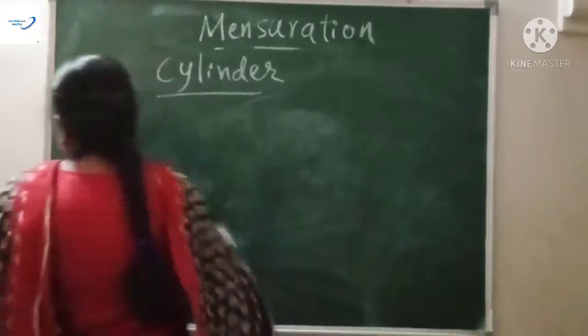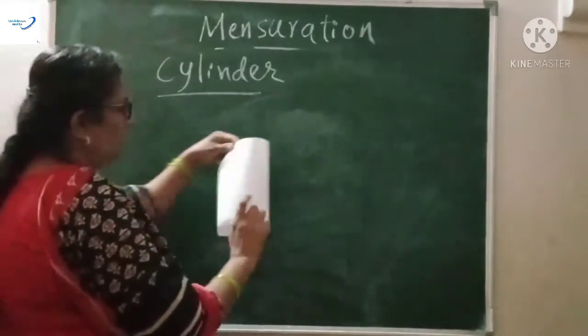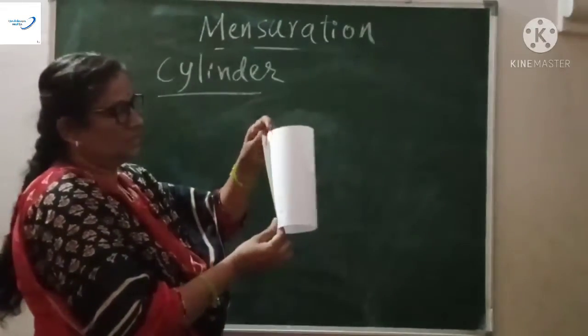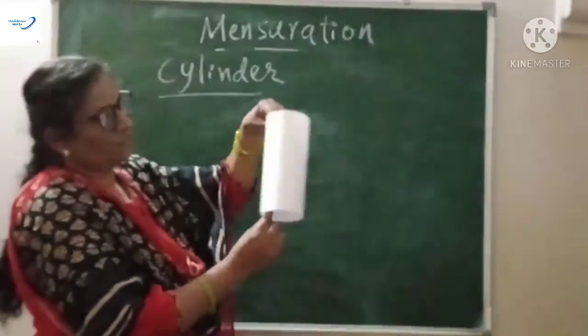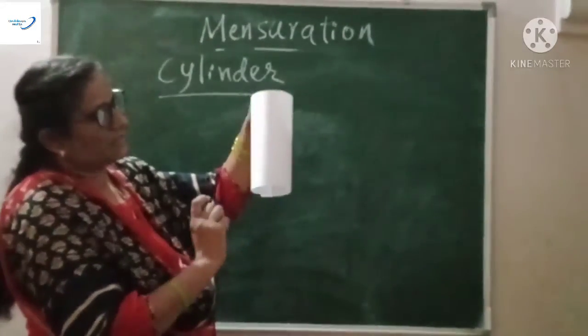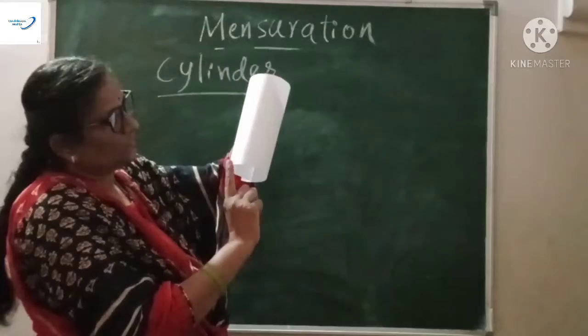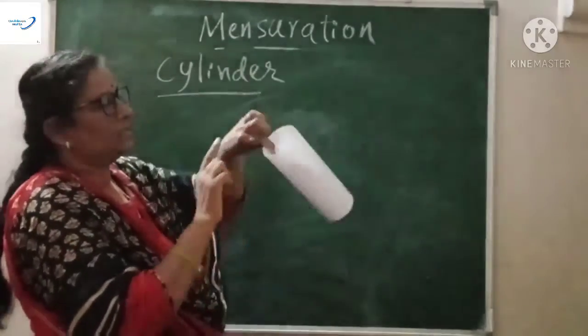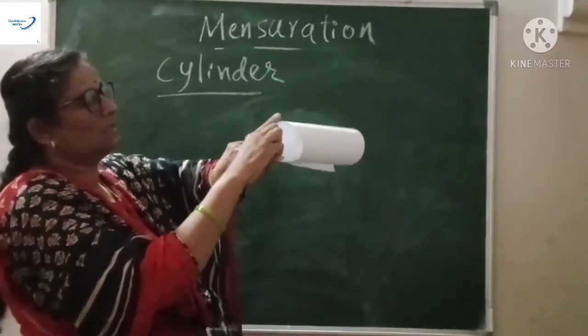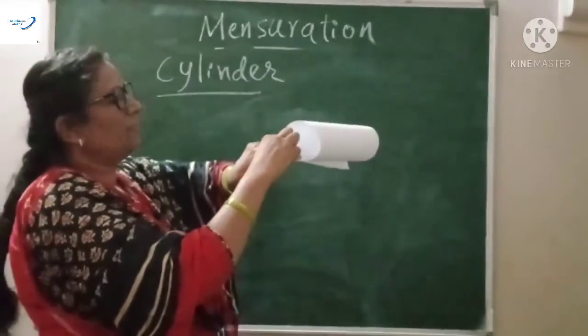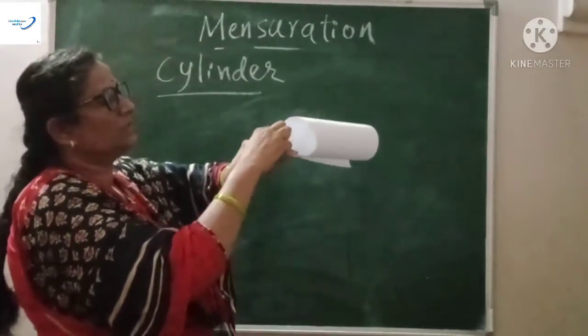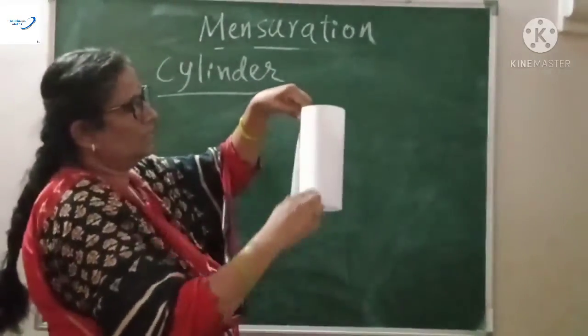Remember this. As I told you, when you fold this, you are going to get a cylinder. Children, look at this. When I close this, you get a cylinder like this. And can you see this here? This is a circle. When it is a circle, I can call its outside edge the circumference of the circle, and this is the height of the cylinder.